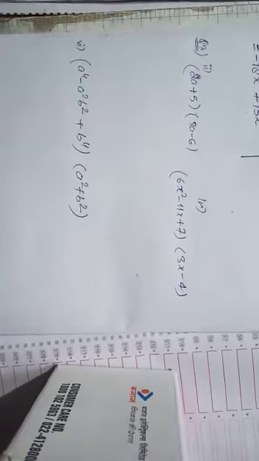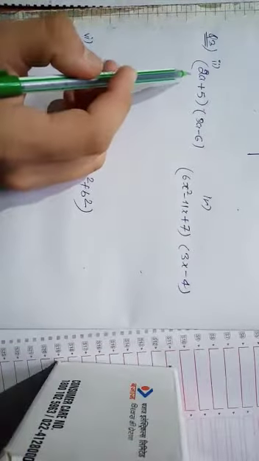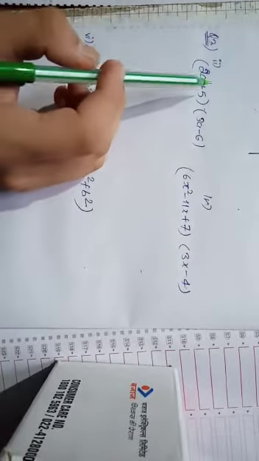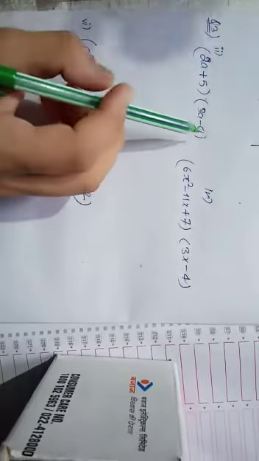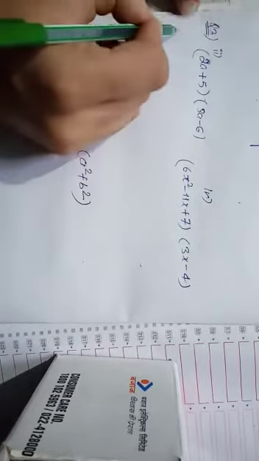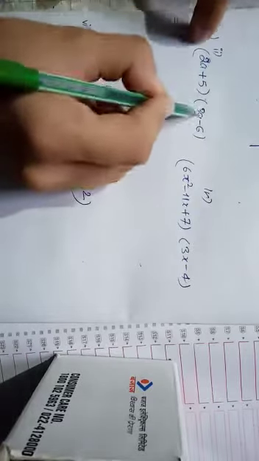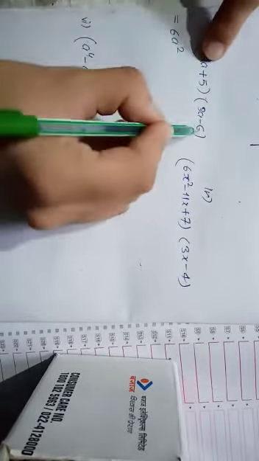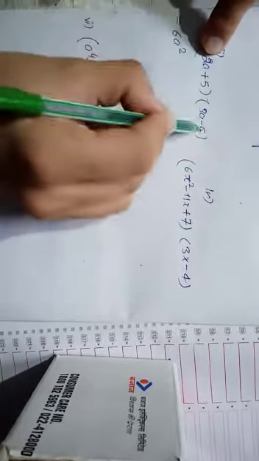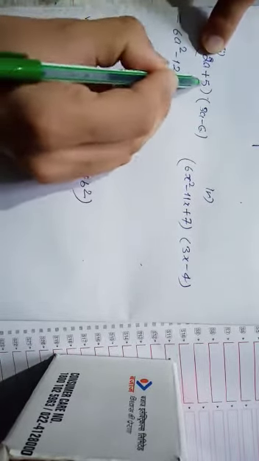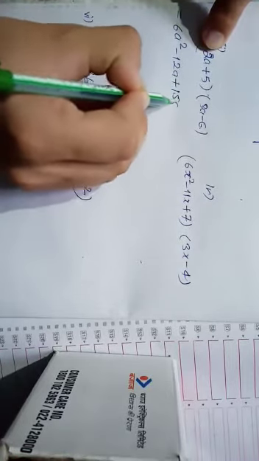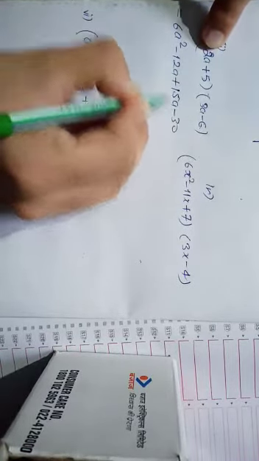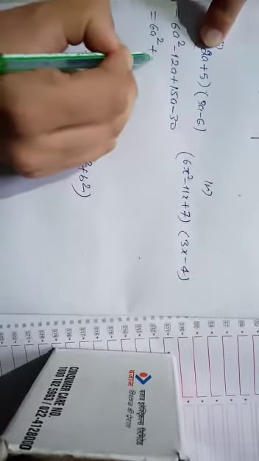Now question number third, second part. First part is homework. Okay, very simple question, because both are in plus sign. 2a plus 5 and 3a minus 6. Multiply first of all 2a with 3a. 2 into 3, 6, and a into a, a square. Then 2a with minus 6, so 2 into minus 6, minus 12a, and 5 into 3, 15a, then minus 6 into 3, minus 30. Now we have to just simplify. Okay, minus 15a minus 12a, 3a minus 30 is the answer.